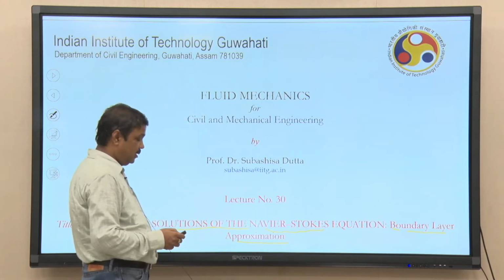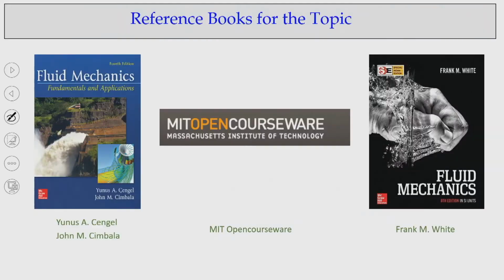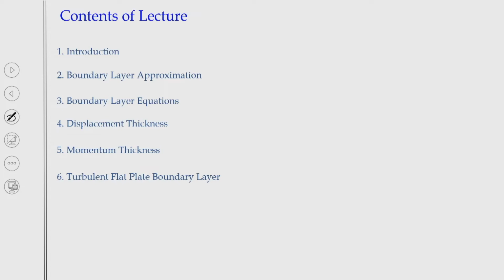Mostly we are following Schlichting and Kundu books, as well as F.M. White, for this part of the lectures. I will come back to that. We will talk about how we derive the boundary layer equations and the boundary layer approximations. Before that, we have to solve two problems. Maybe next class we will talk about